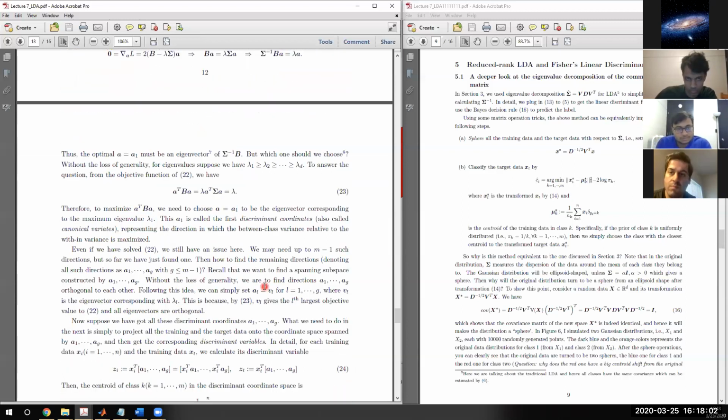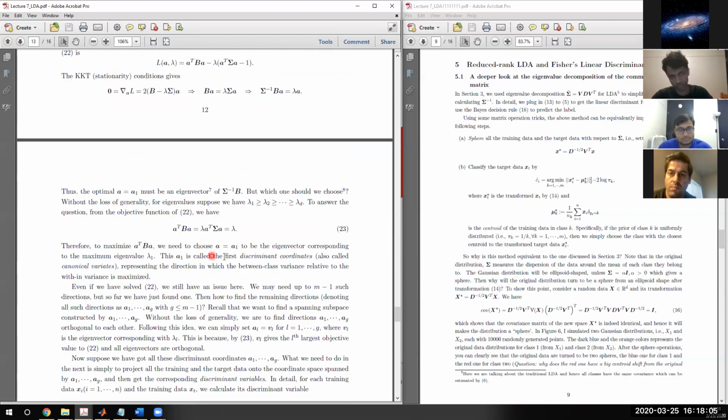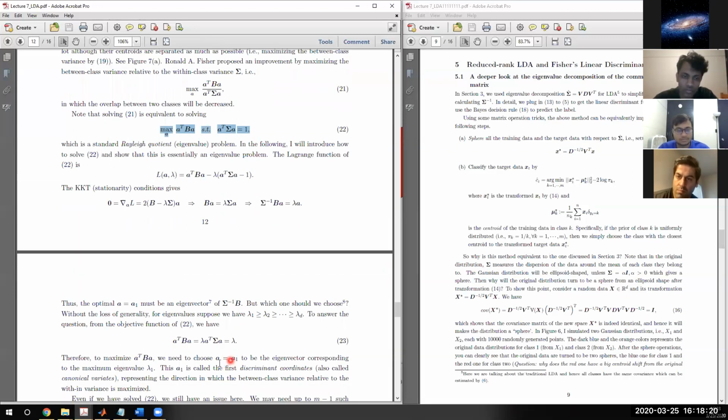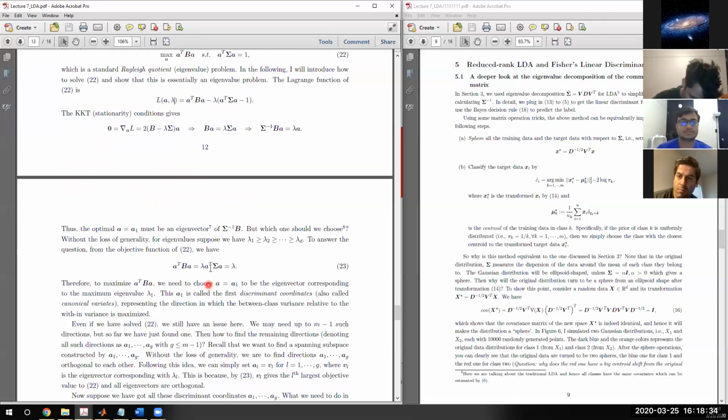Why? Because what you need to do is only to find the second eigenvector, which makes this one the maximum. I would say the eigenvector which makes this one the second maximum, because the first maximum is a1. You've already got it, right? Suppose I name this one a2, okay? You can guarantee a1 and a2 must be orthogonal. Why? Because of the eigenvalue decomposition, by definition my V spaces are orthogonal. Similarly, a3 must be the